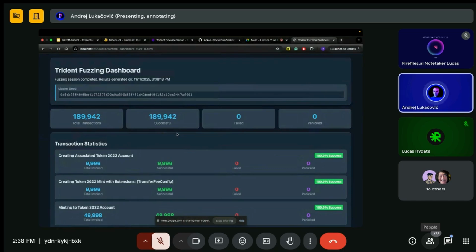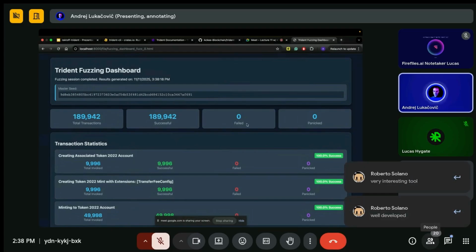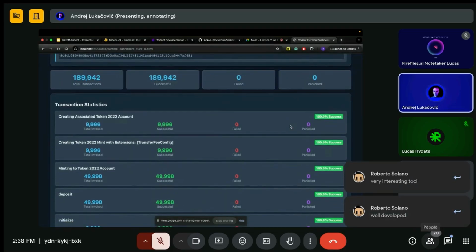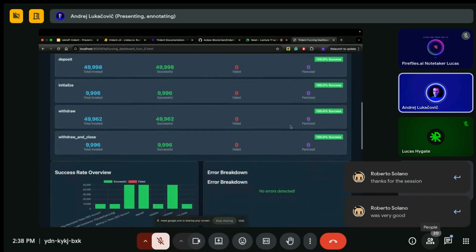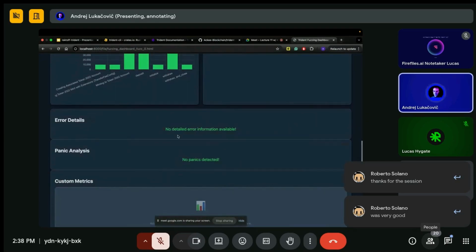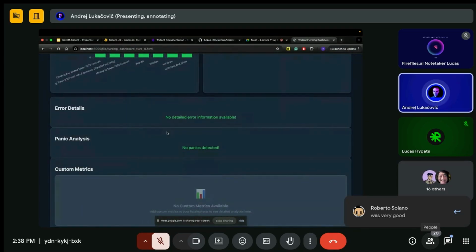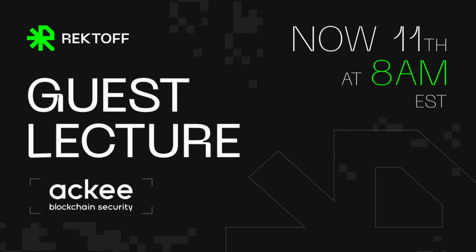View dashboard. This is locally, all right, guys. So this is not deployed anywhere, not public. And you can see total transactions, successful, failed, panic. There are issues in the program that I wrote with the transfer fees, but I had no time to show you the issues and the fuzzing. And if the transactions return any kind of errors, you can see it here in the error details, and you can expect